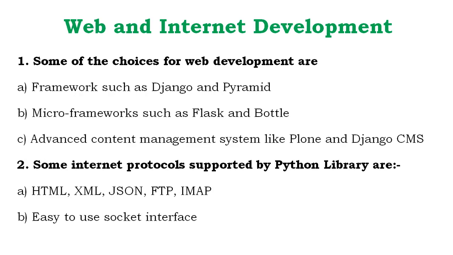First one is the frameworks such as Django and Pyramid. These are the frameworks with the help of which we can develop our web page, similar to PHP and other languages. By default, some contents or pages are there inside Django and Pyramid, with the help of which you can design some applications. Let us check that.